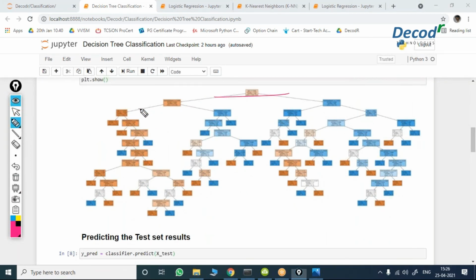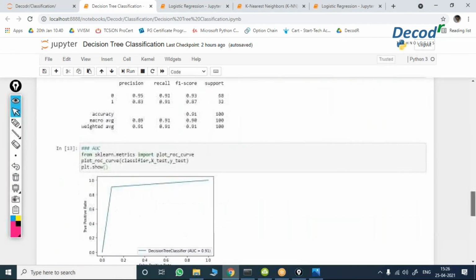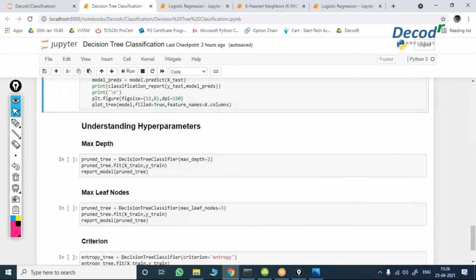This is the first, second, third, fourth, fifth, sixth, seventh, eighth, 9, 10, 11, and 12. Total 12 stages. It has gone to a depth of 12. Okay, I am cutting the decision tree with respect to a maximum depth of 2.